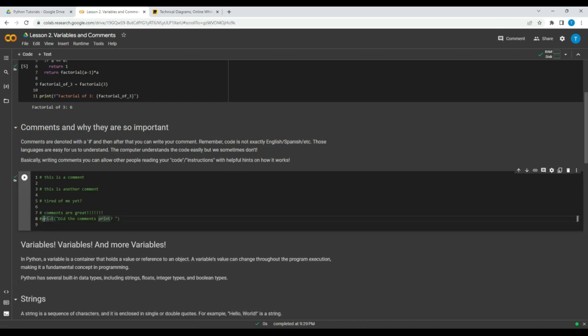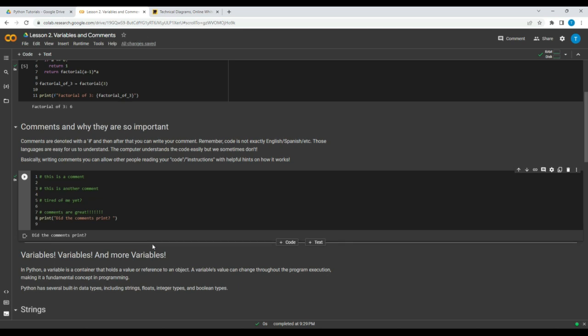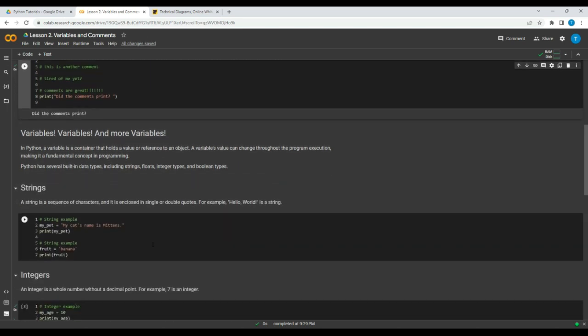So if I press Shift Enter here, nothing happens. It's all commented out. So I'm going to remove that comment, and I'm going to execute again so that it actually runs that code. Okay, so now that we've talked about comments, I want to get to the main part